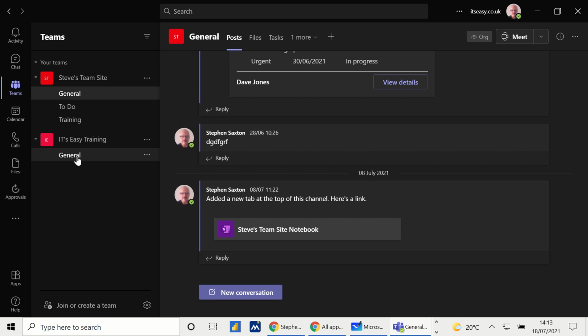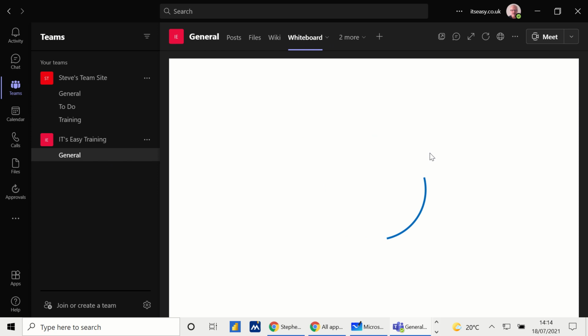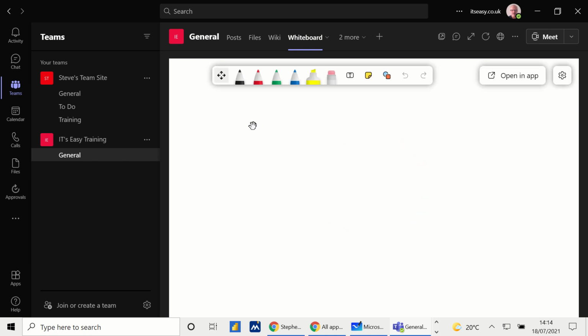So if I go back to this one where I've already got it loaded up and go into the whiteboard, you can see it loading up now. So this whiteboard is for this team, and you can share this in the team and you can share it in a meeting, and whatever you do, people can interject as you go. Now the features you get in this whiteboard are limited compared to what you get on the desktop app, but